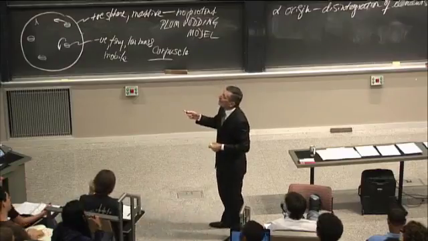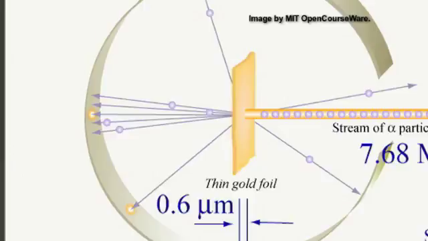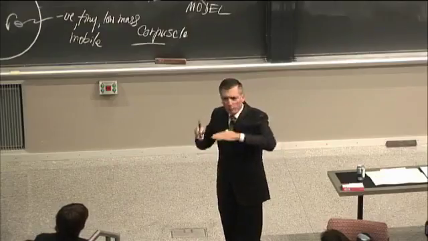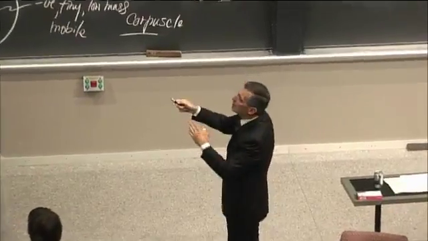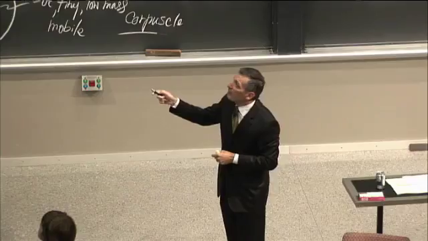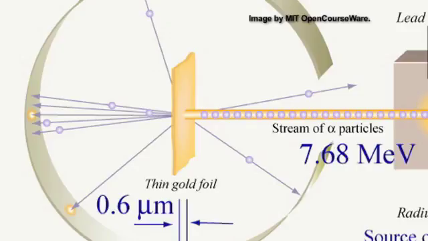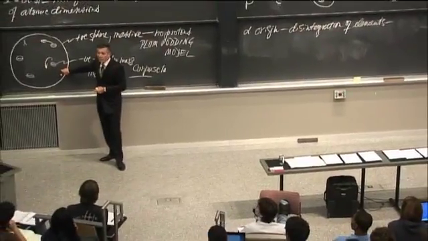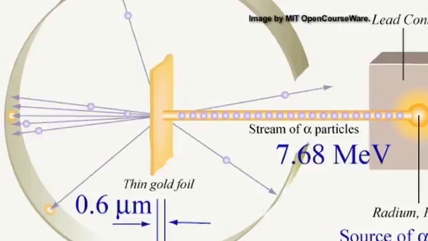Well, what they find is two things. First of all, most of the particles do go through. When they go through, they're deflected a little bit. They don't just go through, they're deflected. And most of them are deflected through low angles. But a small number of them are deflected through high angles. They almost go straight back at the source. So if you got that set of data, that doesn't support this model. This model cannot be sustained in the light of those data. It's a very important experiment.